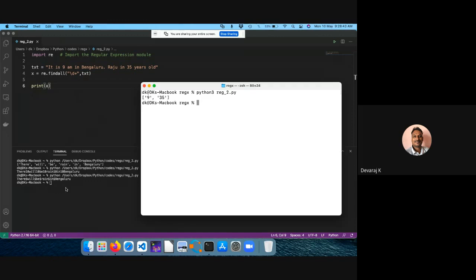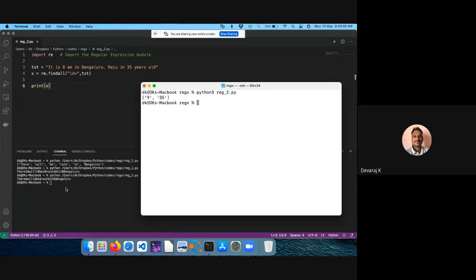So the split command also we tried, and sub also we tried. Okay, fine. Search also we tried, and match also we tried. So almost all the things we tried, and findall also we tried.